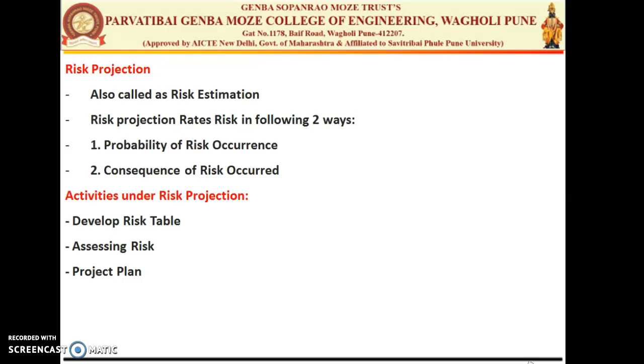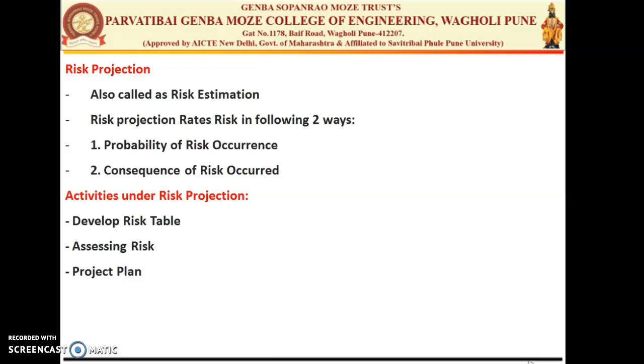So we need to understand the nature of the risk. While we are assessing the risk for the project, we need to know the nature of the risk, the scope of the risk, and the timing of the risk. So it again involves your risk identification, your risk probability, and risk impact. So what is the nature of that risk? It is important to know the nature of the risk that is expected to occur. For example, if the hardware interface is not defined properly, then it will cause a problem during the integration. So we need to know the nature of that particular risk.